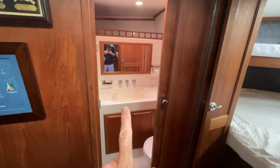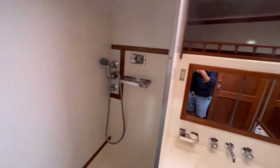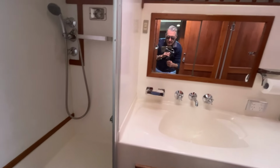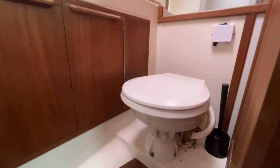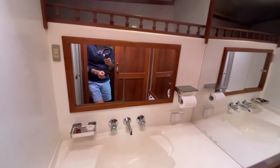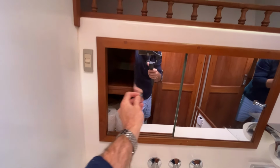And it's all serviced by the one head-on board, which has a nice sized full shower like that. You've got a sink, the boat's toilet, some storage underneath there. There's storage behind these mirrors like that, and quite a nice big area here that runs all the way back into there,